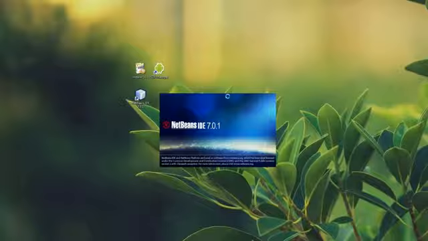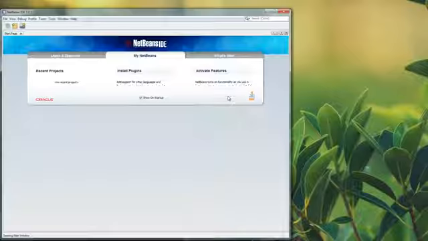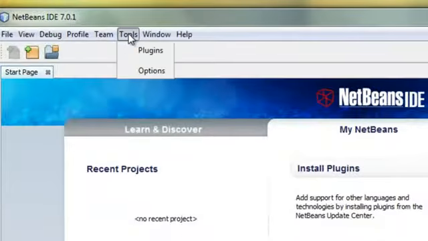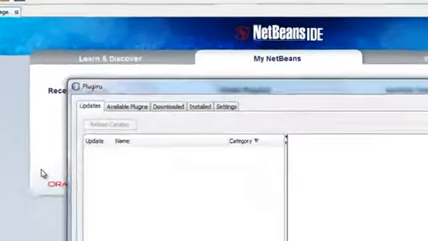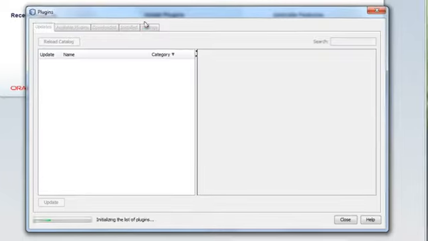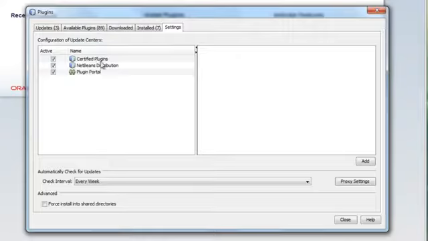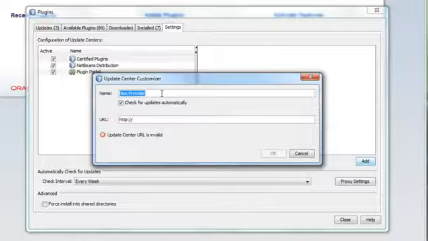You're going to want to launch NetBeans. Going to take forever to start up, of course. And there we go. Go ahead and go into Tools, Plugins, and it is going to load some stuff. Go into Settings and click Add, and